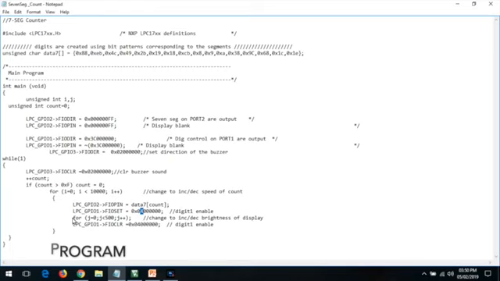Then we need to adjust the brightness, then we can use this for loop which is using J as a variable. After this, we are going to enable digit 1 by clearing the values of port 1. This is the explanation for the 7-segment display program.